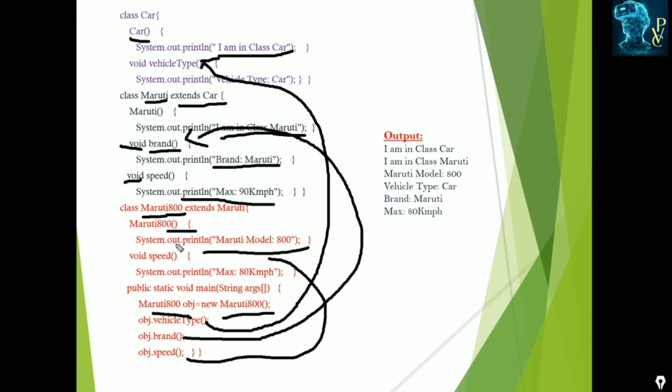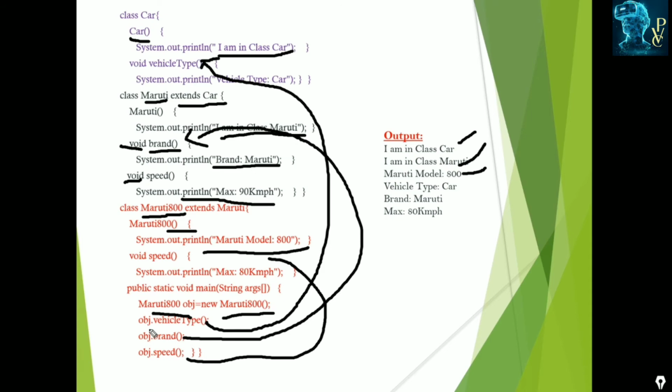So the print statement, Maruti 800, when we are creating it, is extended from the Maruti, which is extended from the car. So these constructors are all displayed. We retain the print statement. So "I am in class Car" is displayed, and "I am in class Maruti" is displayed, because these two are the parents, the old existing classes for the Maruti. So these three print statements which are in those constructors are displayed.